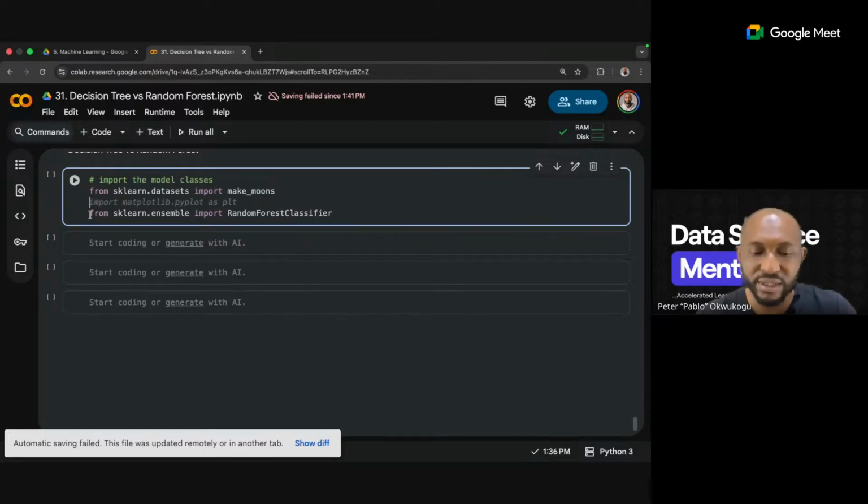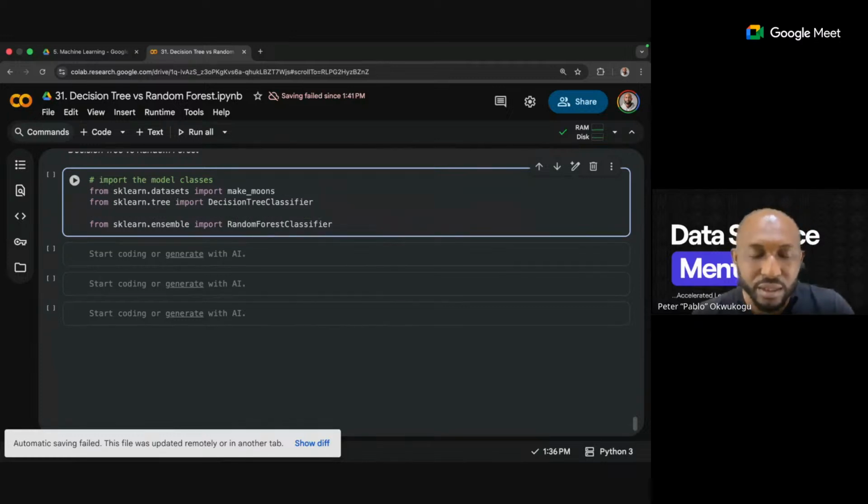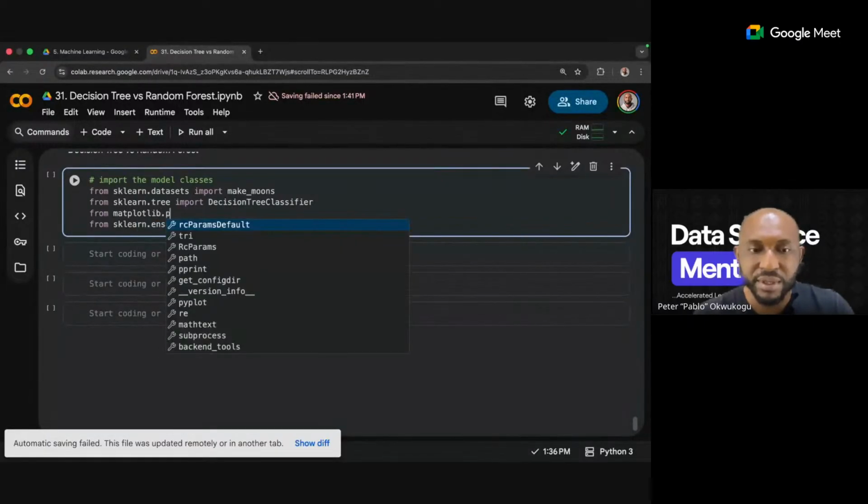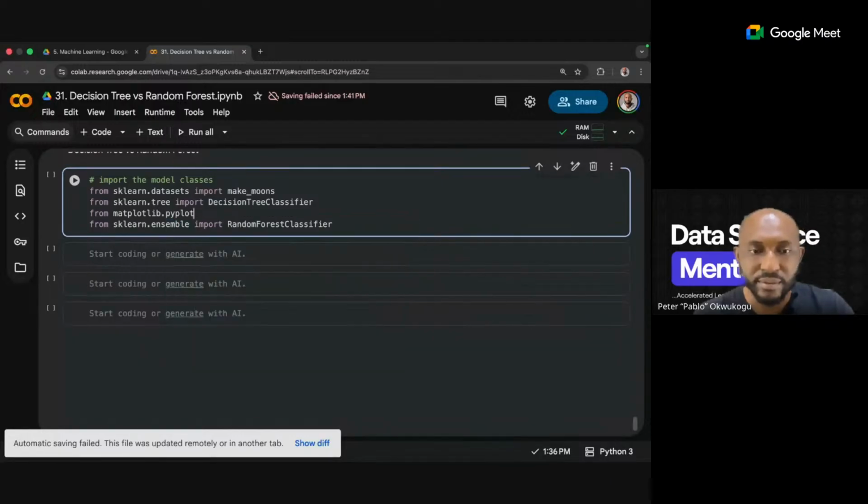Then we're also going to say from sklearn, we are also going to import a DecisionTreeClassifier. Also, from matplotlib.pyplot we're going to import